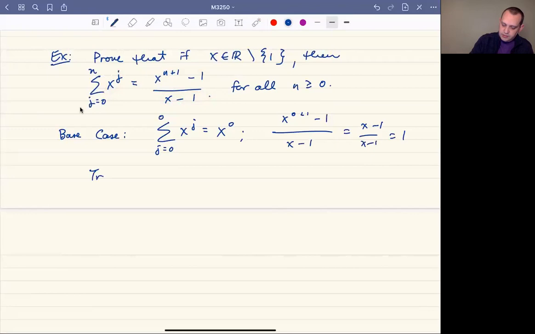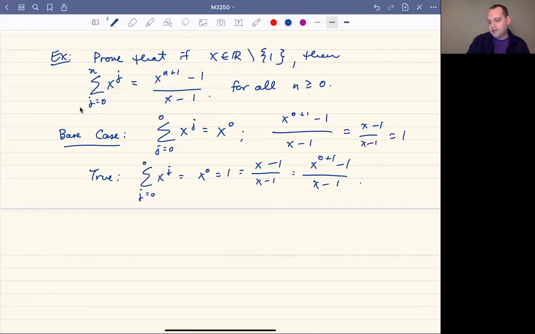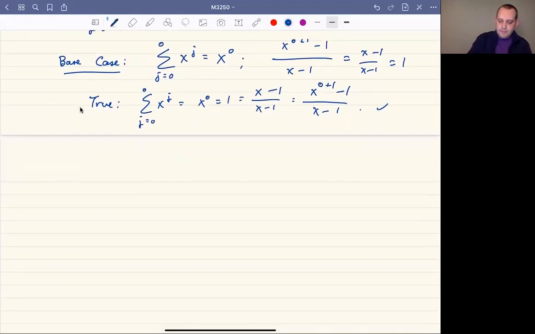So our base case, let me just write this a little bit better. Our base case is true since this sum, as j goes from 0 to 0, x to the j, is x to the 0, which is 1, which is what we had over here, x to the 0 plus 1 minus 1 over x minus 1. So that's our base case. And again, the base case is usually perfectly straightforward to justify, but it turns out to be necessary. For our inductive step,